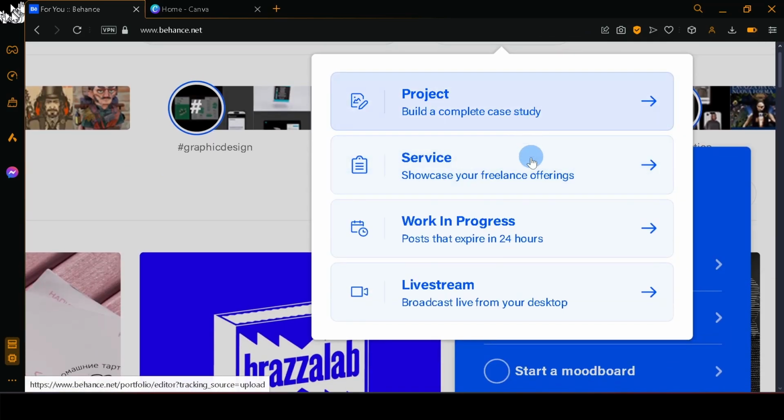Now, there are four different options over here. Most of the people in Behance actually take advantage and utilize all four of these, allowing you to create the best portfolio that you could possibly offer. Although some people would just build a project over here like a complete case study, people would also utilize the service, like they showcase their freelance offering, they showcase the work in progress to show people that you have projects that you are planning to do or that your clients are currently doing. And then you have your live stream over here so people can actually watch your work during or inside of